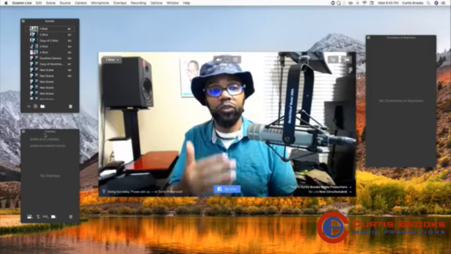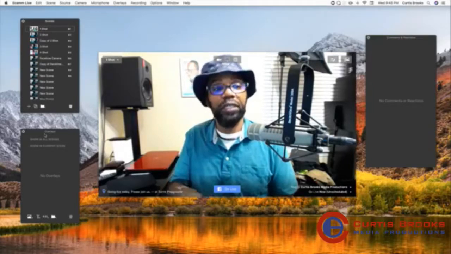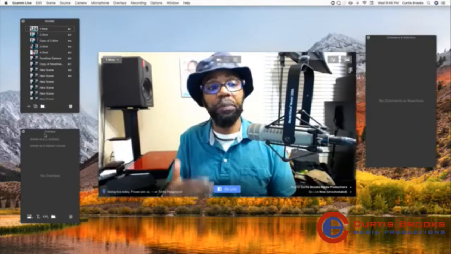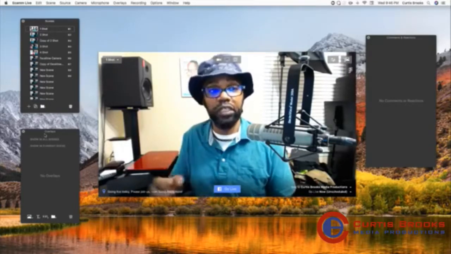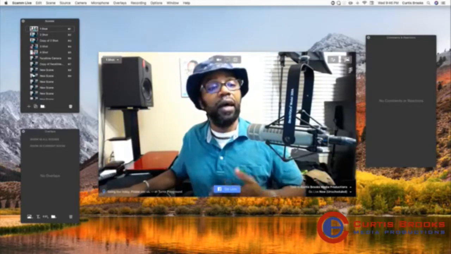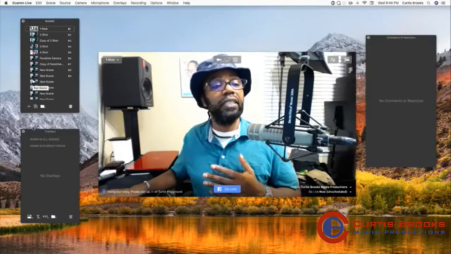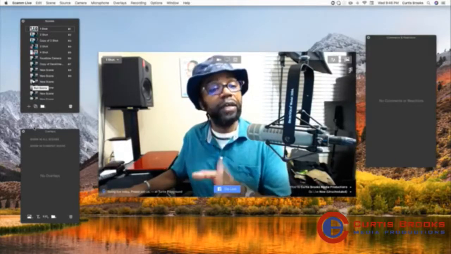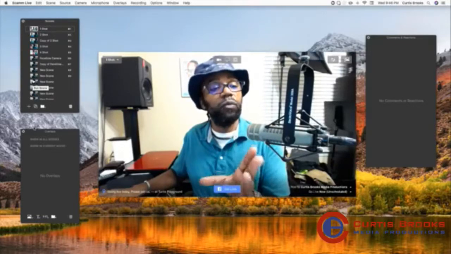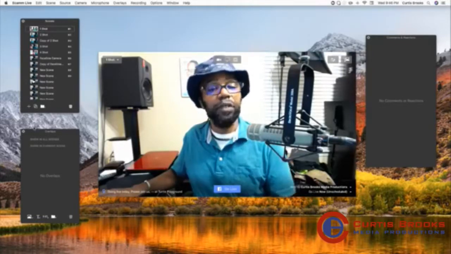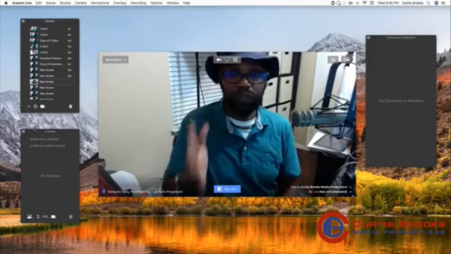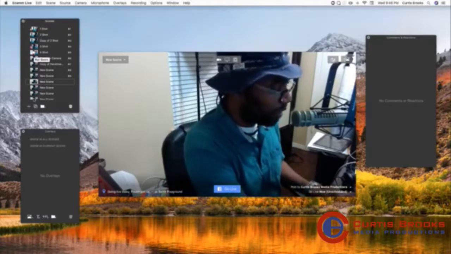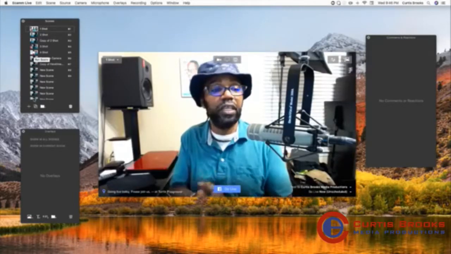So again, you have access to those shortcut keys to bring in those scenes. Outside of that, you can create additional scenes, but there are no shortcuts for those scenes. Conversely, let's say I want to bring in this scene here. It has no shortcut key, but there's an arrow that appears right where it says run scene. So now I can bring that scene in, which is my FaceTime camera. And if I want to go back to scene 1, command 1, this is the Logitech camera here.